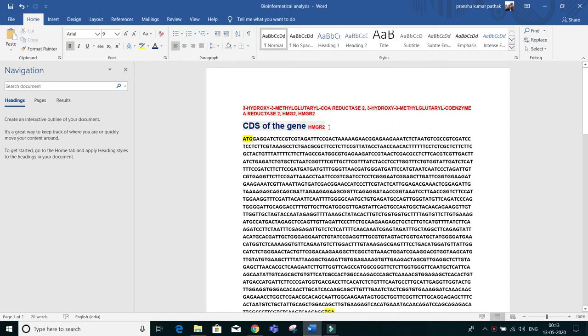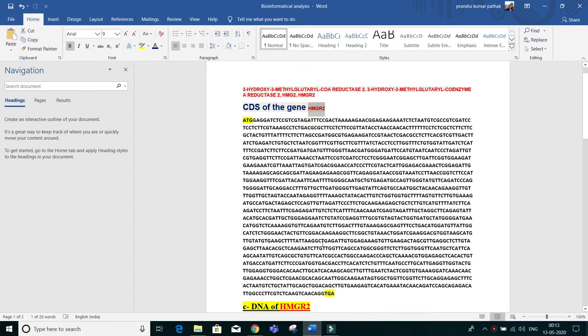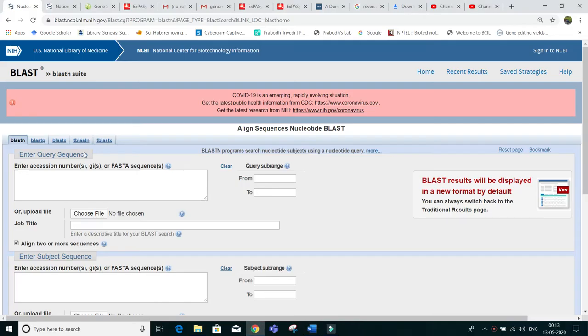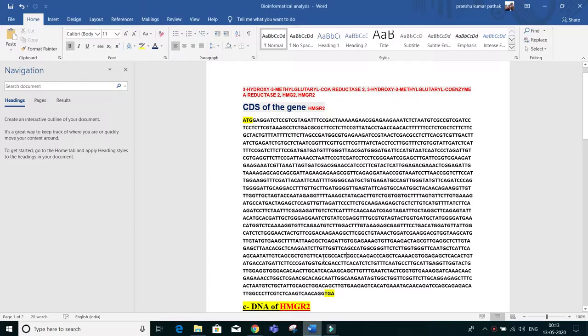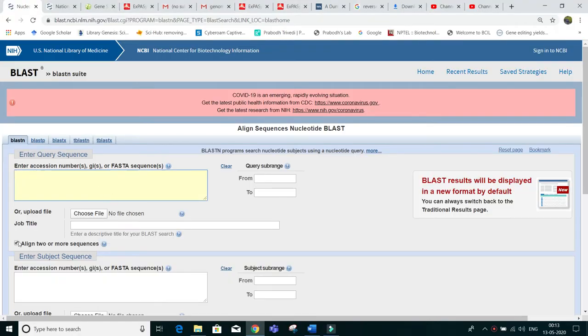For this we have to go to NCBI. We have to open the tab, and first of all, take this CDS fragment, copy it and just paste it.